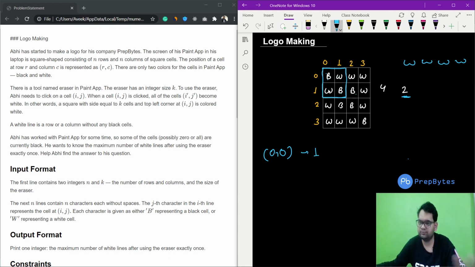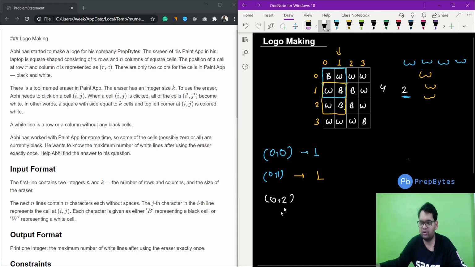Fine. It is not that we have clicked it, we are just checking. Now just check for 0, 1. Similarly, if we check for 0, 1, the box that we have will be a box of 2 by 2 size. If we click 0, 1, these both will become white. If both become white, you can see column 1 becomes a white line. Fine, so this column 1 becomes a white line and there is no other possibility because no row is becoming totally white. So there is just one possibility.